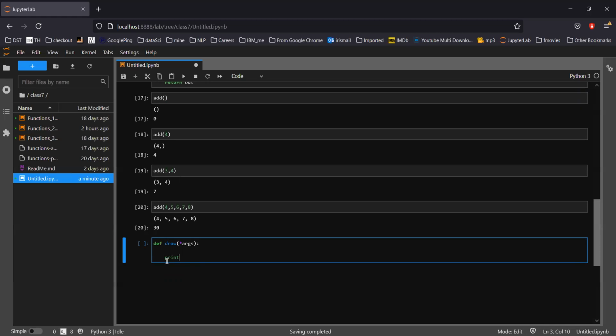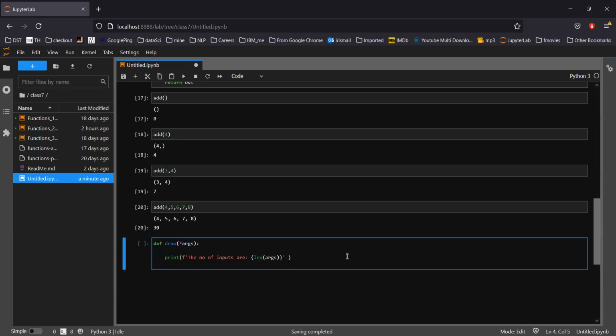So I'm going to write a print statement here: the number of inputs are colon. You remember the len function, because this is a tuple. This is a list kind, so I can use the len function.